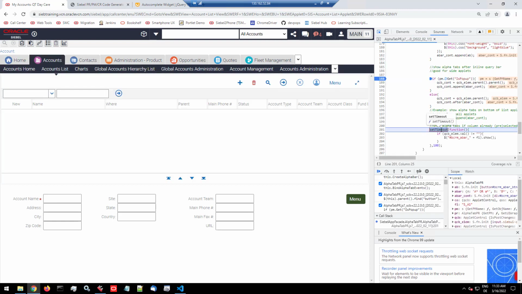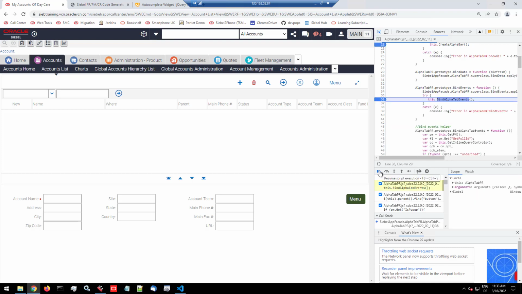Okay, and there's our set timeout. In case the QCB element has a value, we actually call show, so this would display it, but that's not happening. So we're going very slow through this physical renderer. So now time for bind events. So let's briefly jump into the function, step through. So we get the inline query controls again,